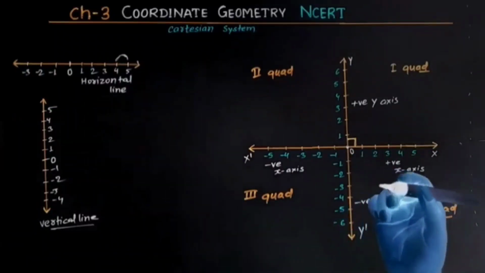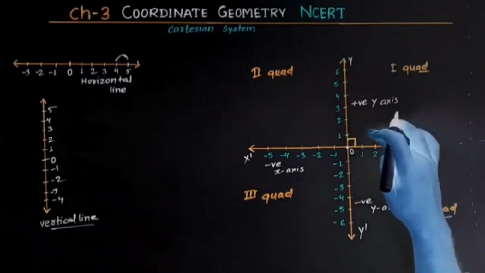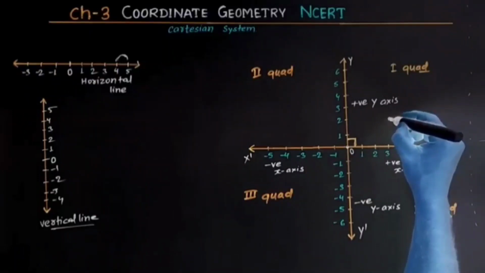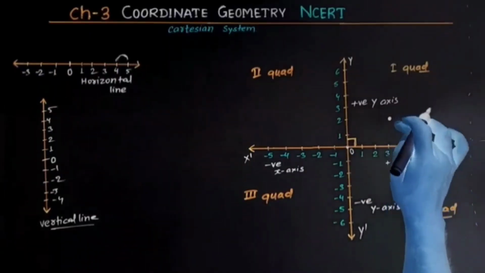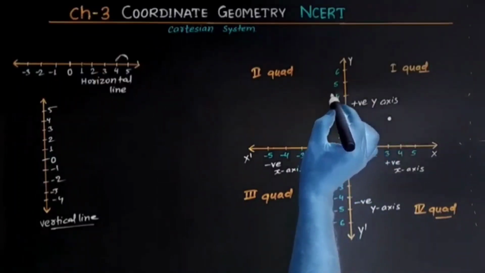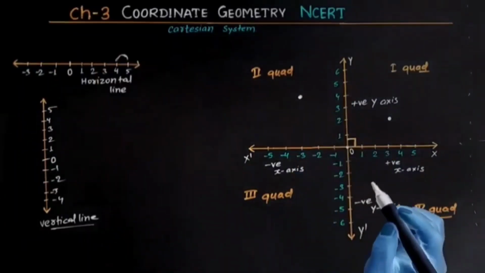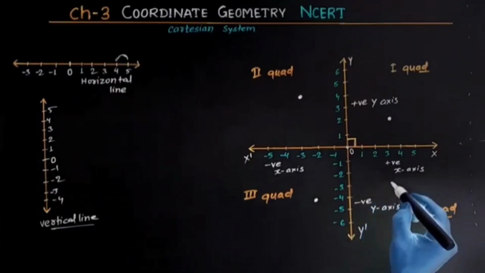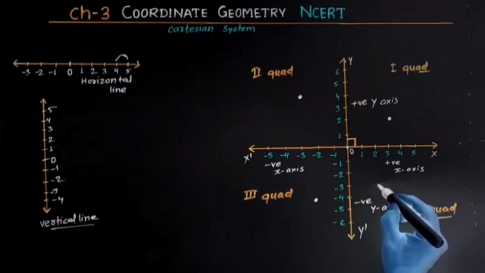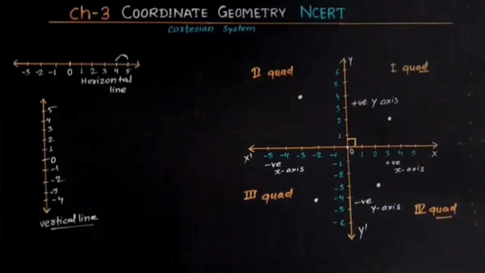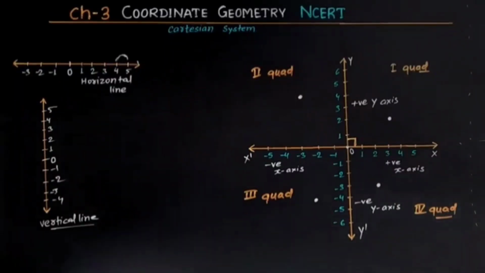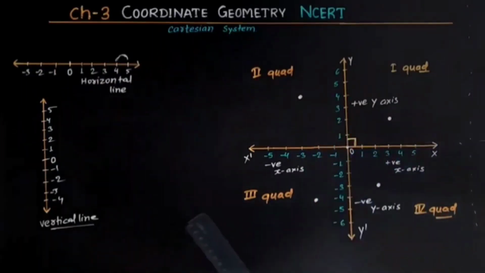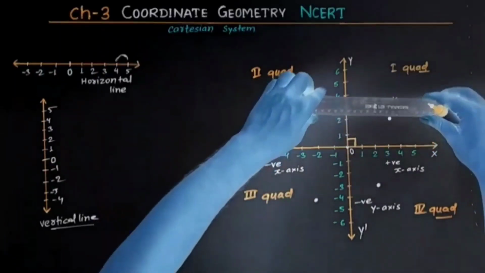So when you write any point in any quadrant, the first coordinate is always known as the x coordinate and the second coordinate is known as the y coordinate. Let me take one point in the first quadrant, a second point in the second quadrant, and another point in the third quadrant as well as in the fourth quadrant respectively. You can see I have taken these 4 points in the four different quadrants. Now, how to read the coordinates of these points? There is one special technique.